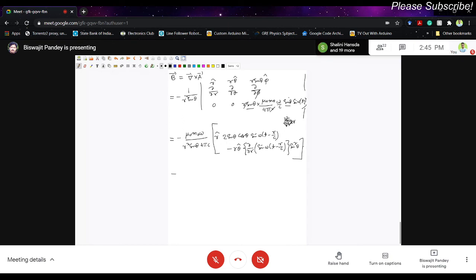r can be a very large distance, right? So there is a difference between having r square in the denominator and having r. This term is much smaller than that term, so we keep only this term. So I have to keep, nearly equal to, minus mu 0 m0 omega, and then 4 pi r square c, and sin theta, I have a sin square theta, so this becomes sin theta.